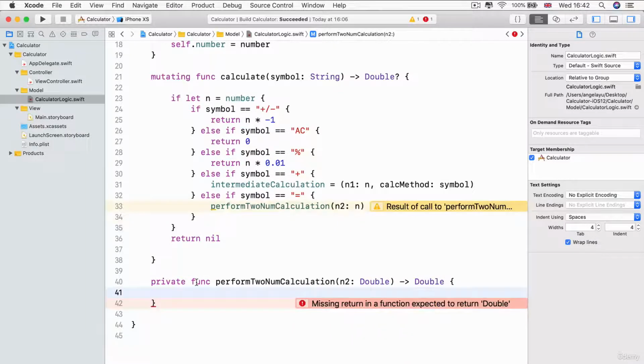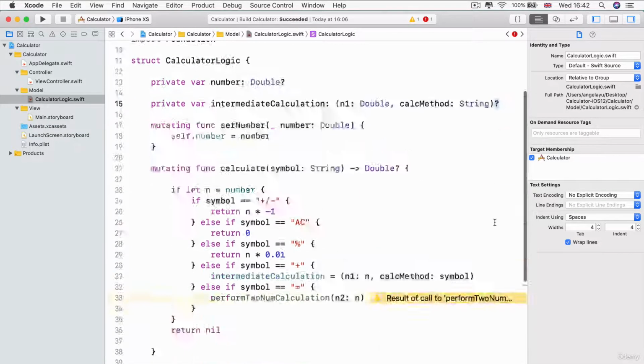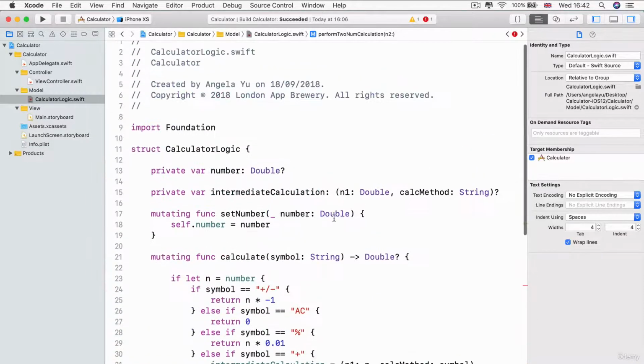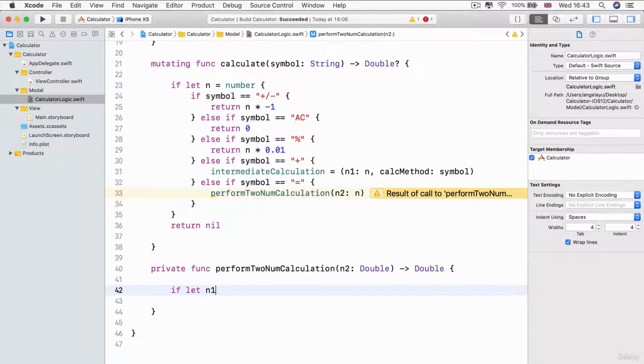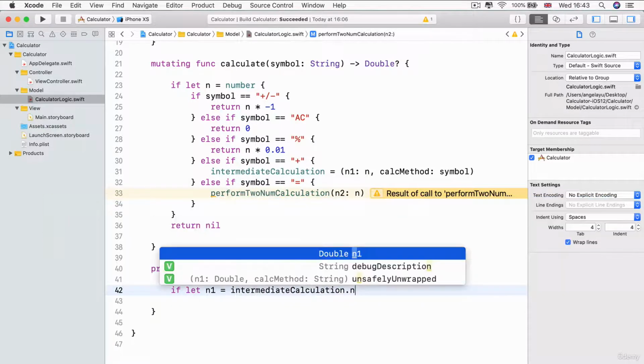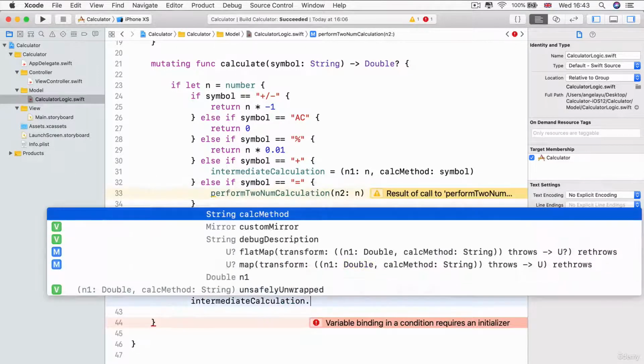But inside this function, we're going to group together all of our intermediate calculation that we saved into our tuple. So because our tuple is an optional, then we have to unwrap it or use optional binding to check to make sure that we definitely actually have values for it. Because if the user simply pressed the equal sign right at the beginning by accident without having any operation specified or any number specified, we don't want our app to crash, right? So let's create an if let, and let's say that if let n1 equal intermediateCalculation.n1, and then we can do the optional binding for the calc method in the same line by simply adding a comma. So if let n1 equals intermediateCalculation.n1, and also let operation equal intermediateCalculation.calcMethod,